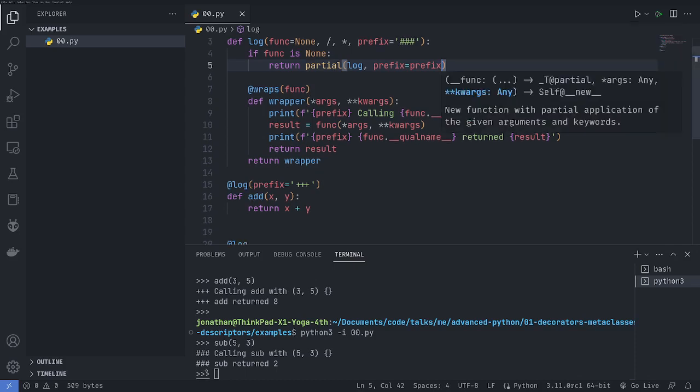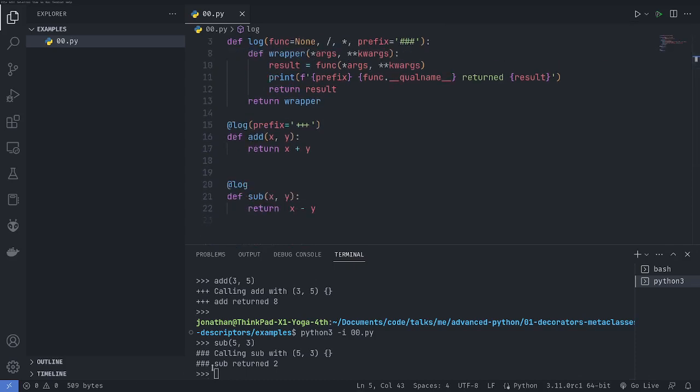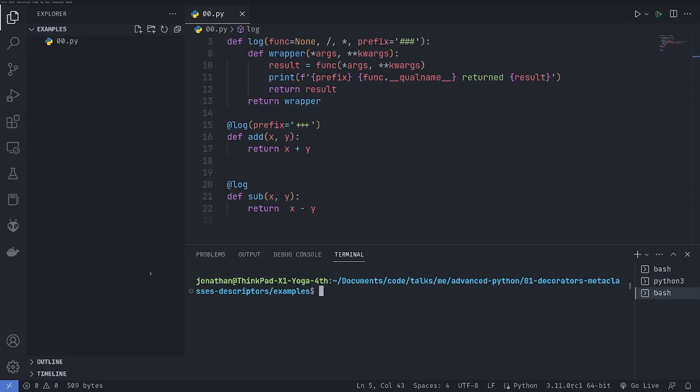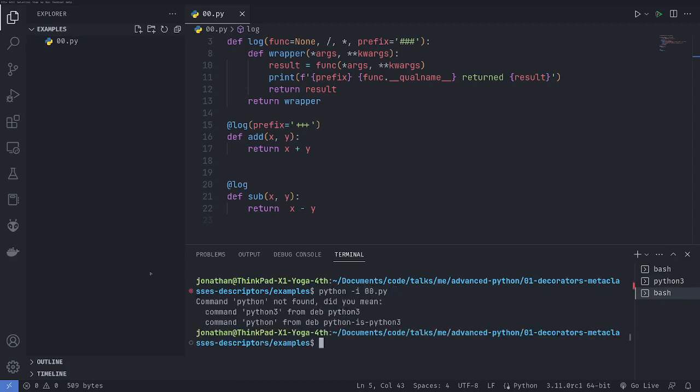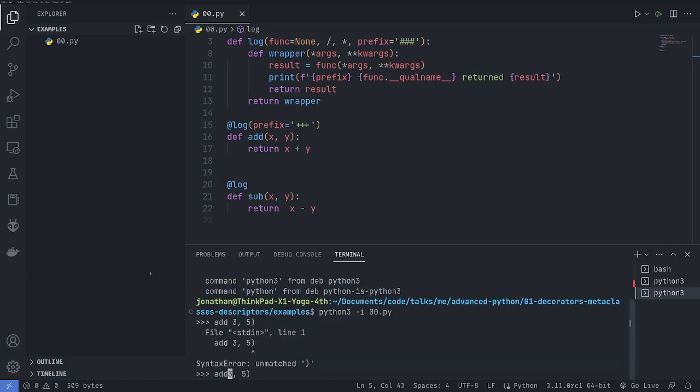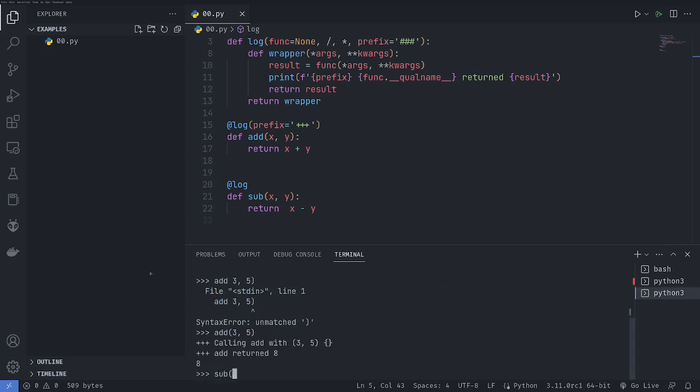So now if we come back down here, so if we rerun this, Python 3, then now if we call add on 3, 5, we get 8, and if we call sub on 3, 5, we should get -2, and we can see that we get the default prefix, and we've managed to eliminate the brackets. So eliminating the brackets, that's a nice to have,